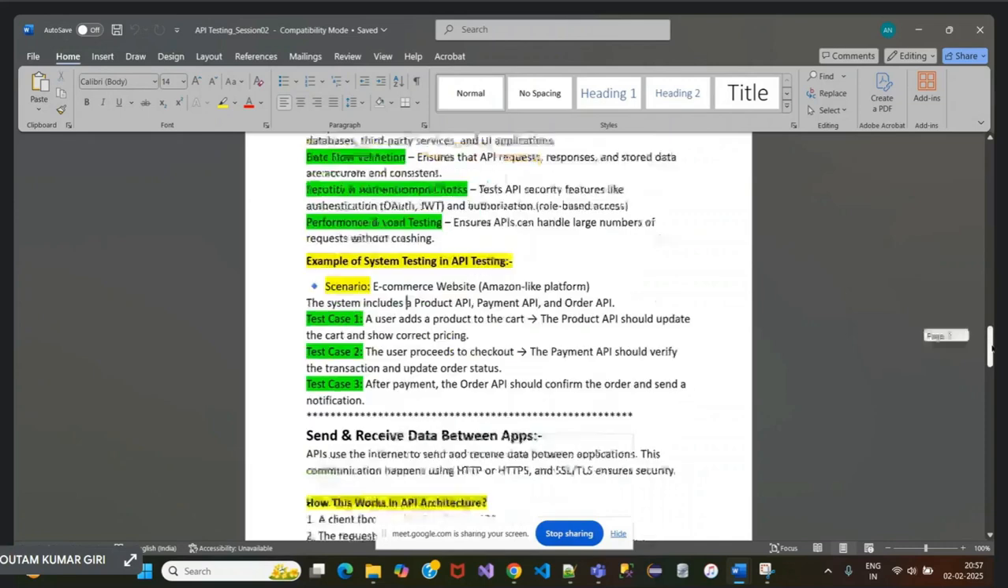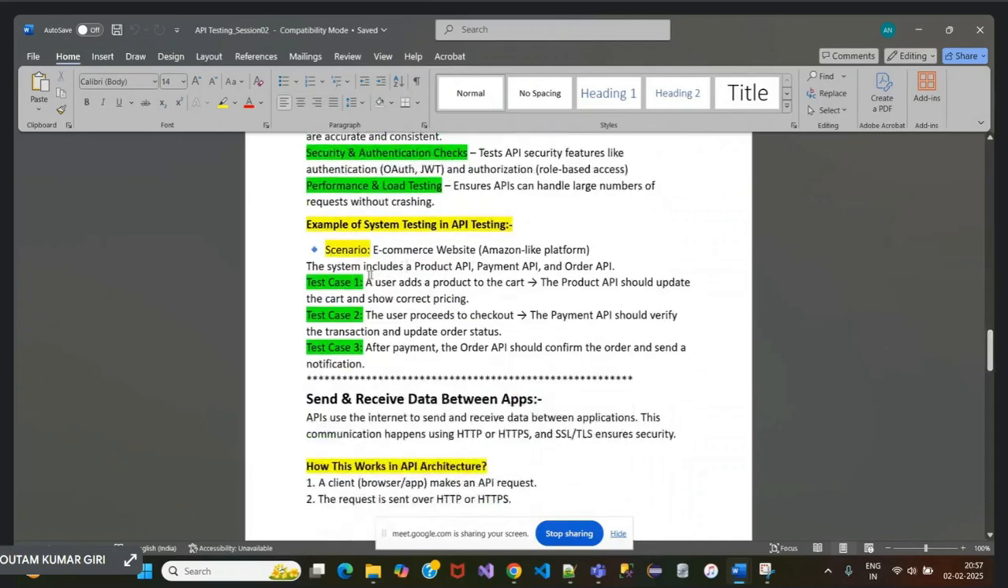I have an example as well, an e-commerce website where test case one is adding a product to a cart, where the product API should update the cart, and then proceeding to checkout where we order it. Here the payment API should verify the transaction, and after payment the order API should confirm the order. So everything, from the database to the UI,